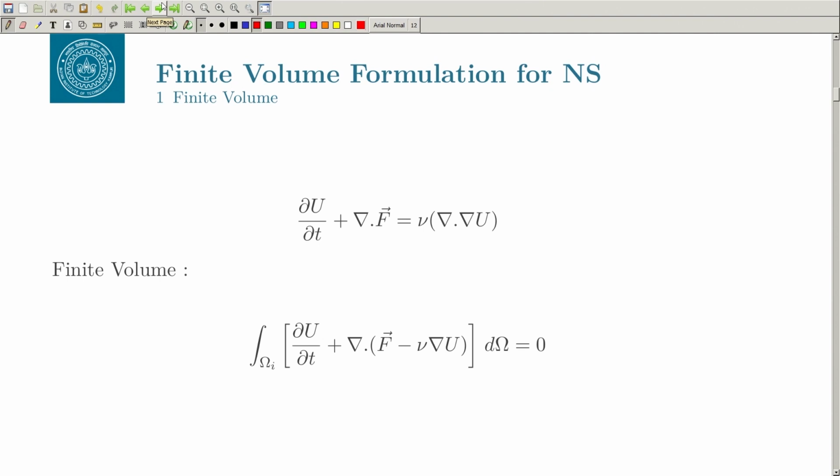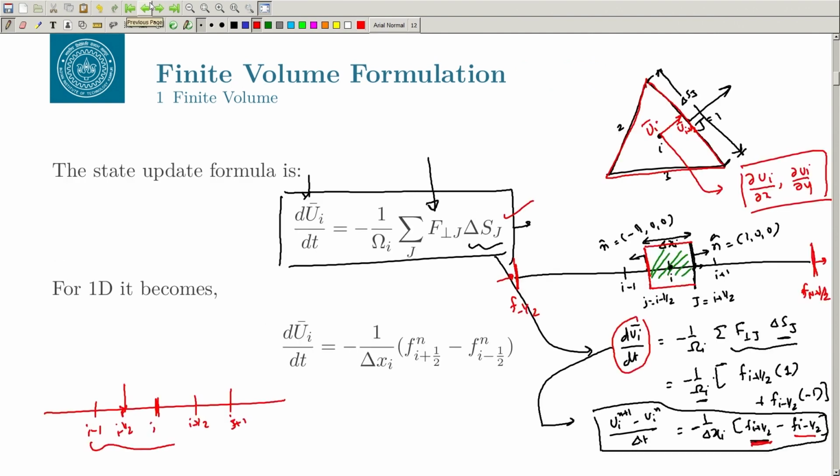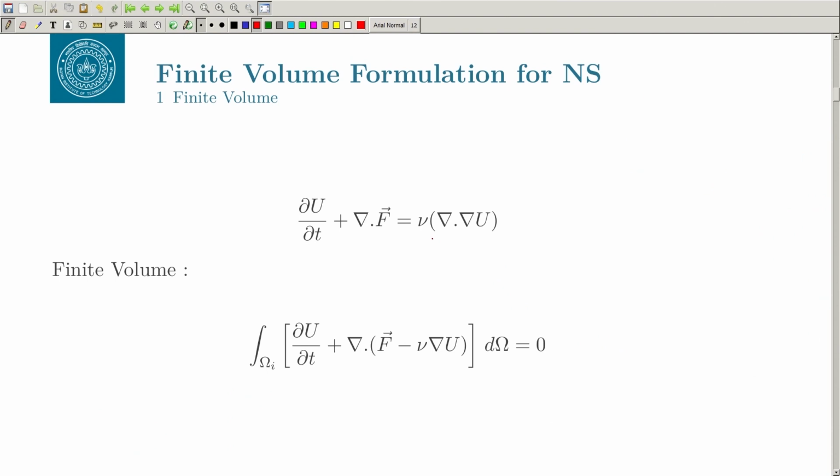Before going there, everything that we have considered so far, the F is basically the convection term, but you will also have the viscous term here. If you include the viscous term, things become a little bit more complicated, because you can put all these things on the left. So this is my F inviscid and F viscous. So if you put all of this together, you have du by dt plus del dot F minus nu del u, d omega,